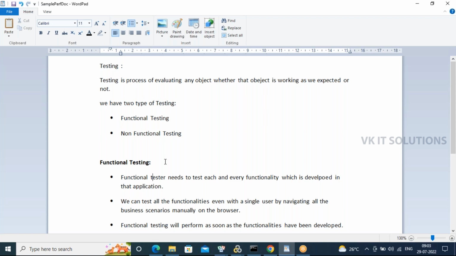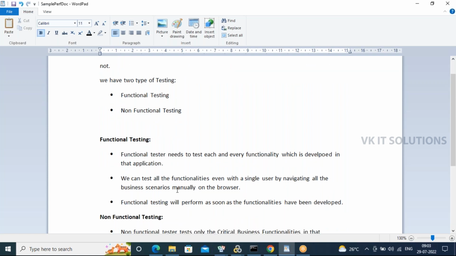By conducting functional testing, we make sure that all the functionalities and features developed in the application are working as we expected. That is what we achieve by conducting functional testing. The functional tester tests each and every functionality in that application, and we can confirm that the application is working fine and all functionalities work as expected